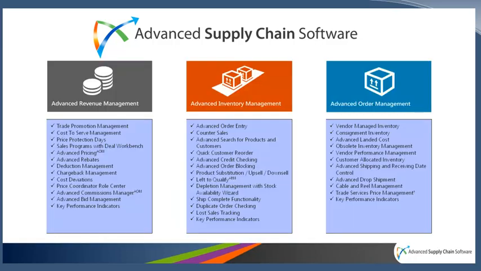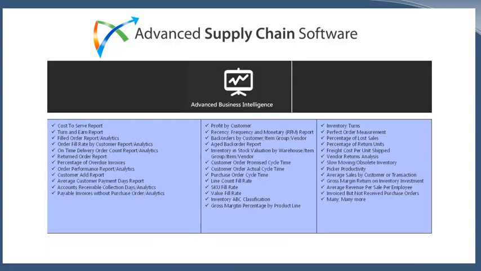If you're interested in seeing all of the details, we've highlighted a couple of these features here, where, for example, today we're going to talk about the advanced revenue management with the sales pricing and the order management and so forth. But as I said, with the advanced inventory management, we've got counter sales, advanced credit checking, lost sales tracking, and so forth. And then within the advanced order management, we've got consignment inventory, vendor managed inventory, obsolete inventory management, and so on. Additionally, there are a number of additional KPIs that we've added to the system through our advanced business intelligence,